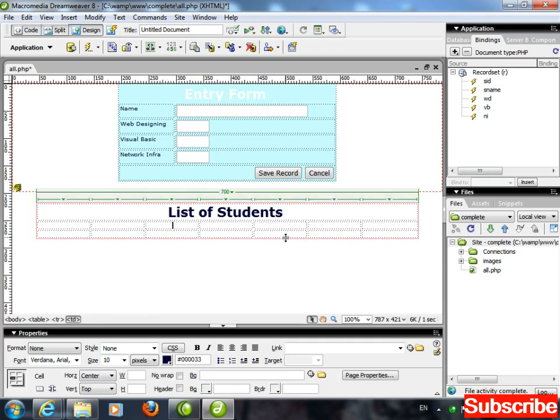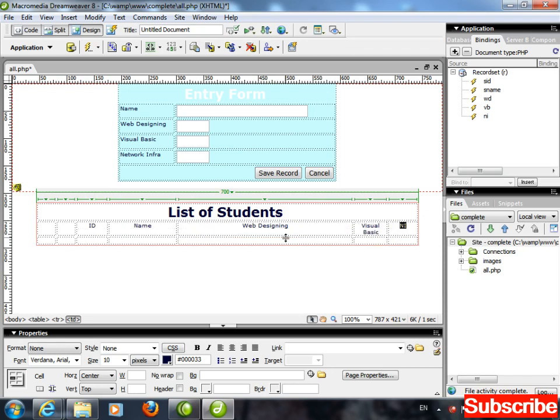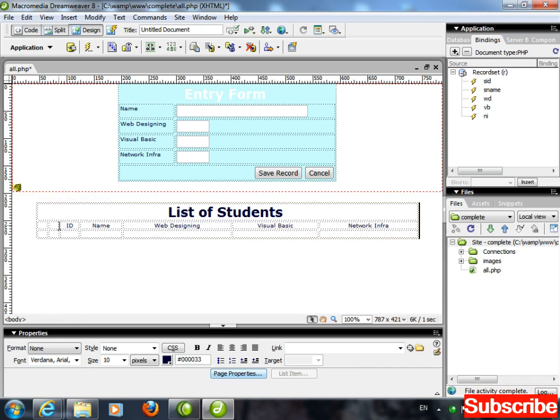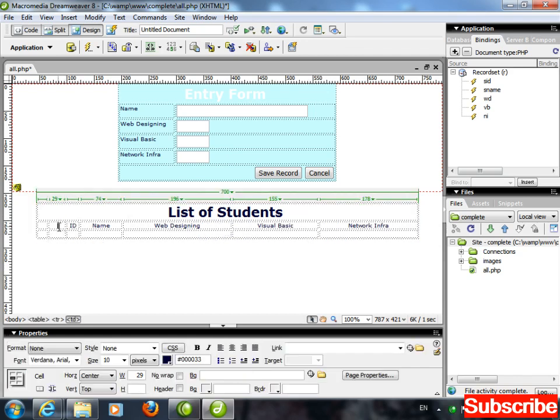Okay, now the first one I'm having SID, or just write ID here. Next one name, web designing, Visual Basic, and the last one network infra. And these two I'm going to merge, element center, and here I'm going to write OP.